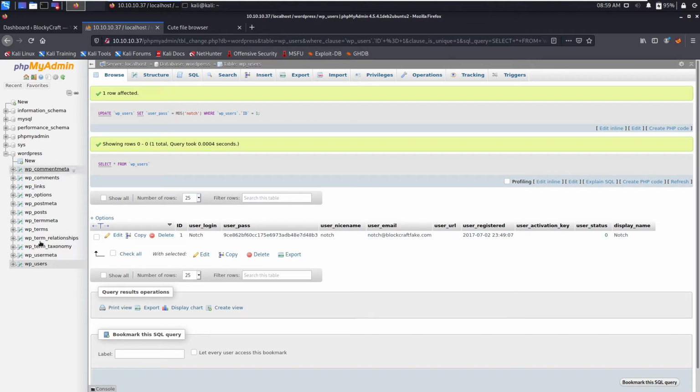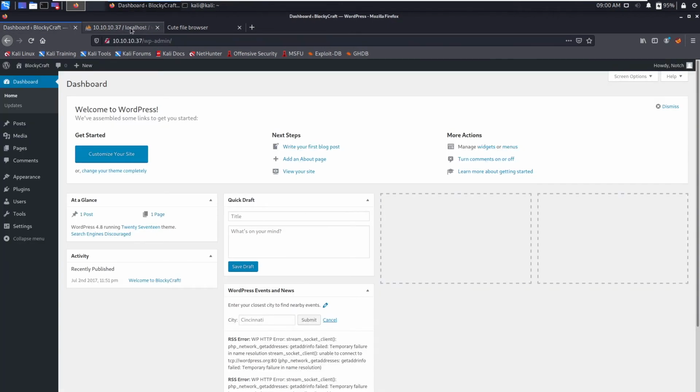You can also enumerate all these database tables. You will not find much juicy information. So we have these themes.